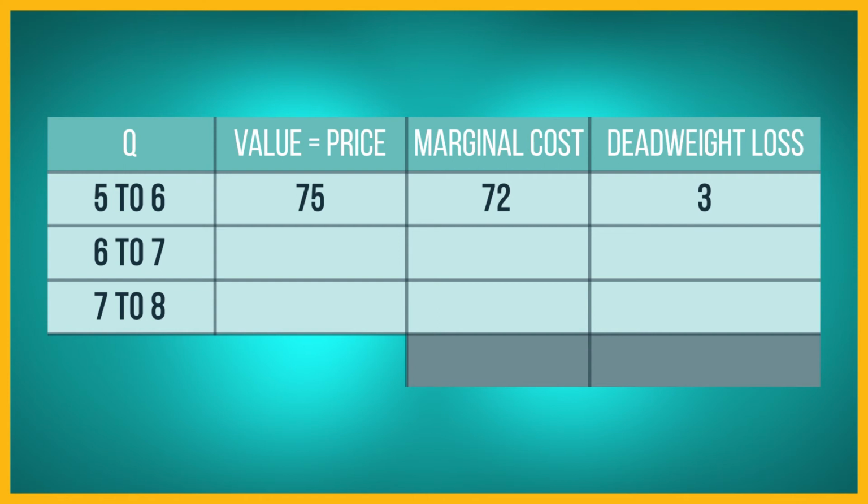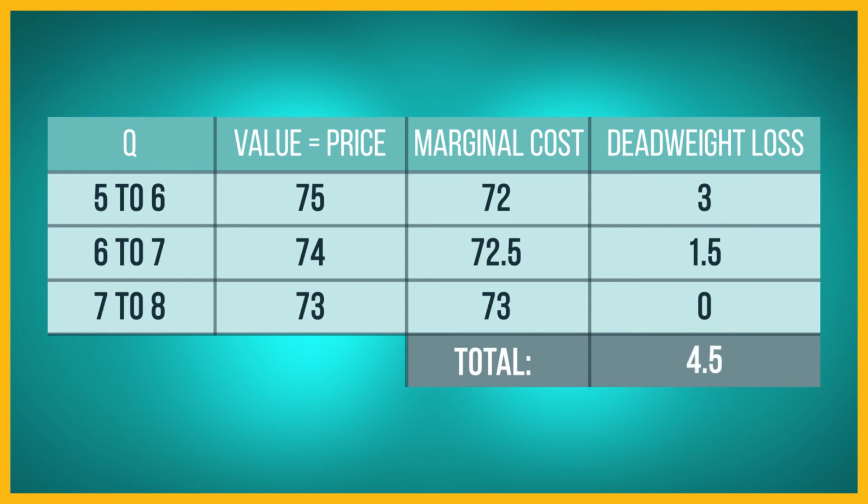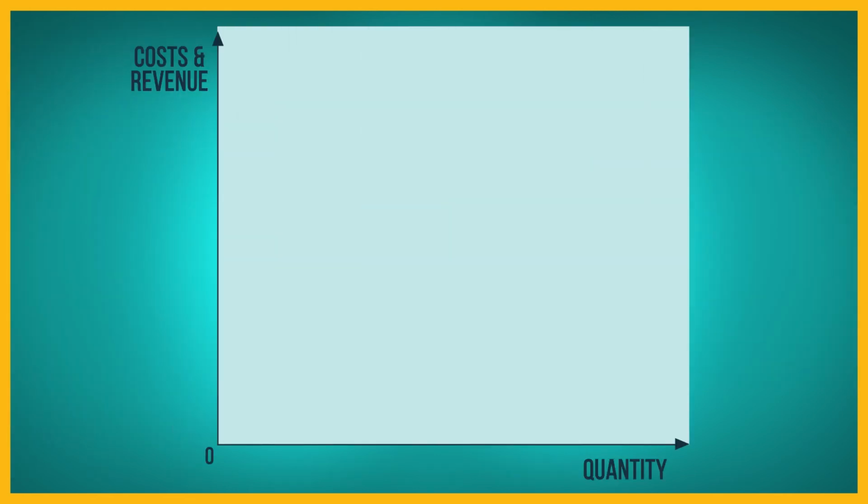Similar calculations show that the economic surplus of increasing output from 6 tons to 7 is $1.50, and the economic surplus of increasing output from 7 tons to 8 is 0. Therefore, economic surplus increases by a total of $3 plus $1.50 plus 0 equals $4.50 when output increases from 5 tons to 8 tons. We can easily show the deadweight loss on a graph when Q can be any number